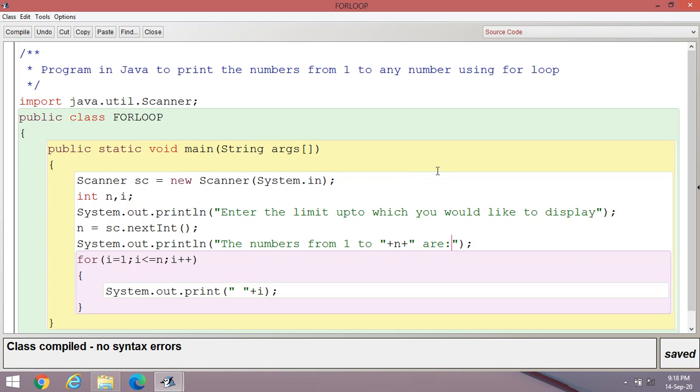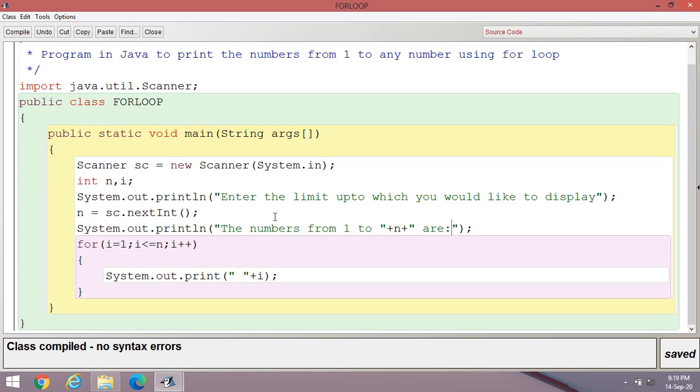Now some more applications. This one is the program, that is program number 10 as per the syllabus or as per the lab manual. Suppose I would like to display some more contents, or I would like to display the contents in a different way. Then what to do?